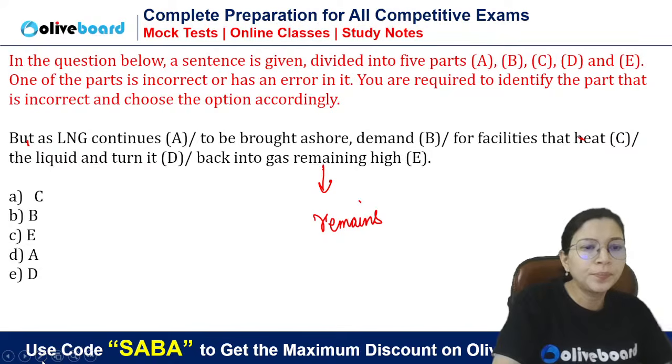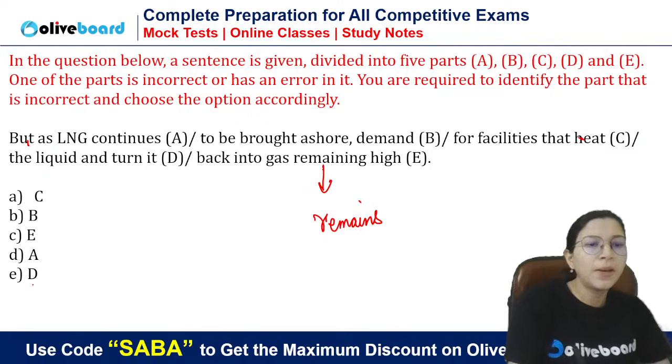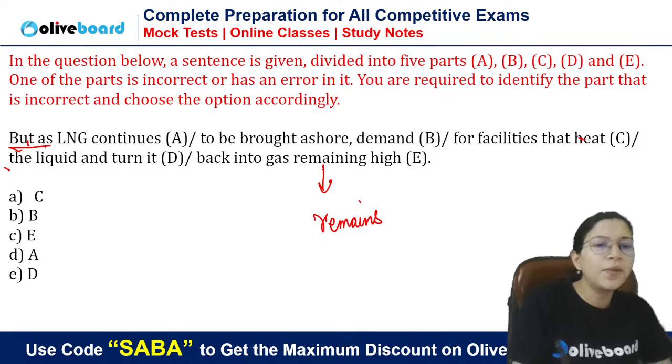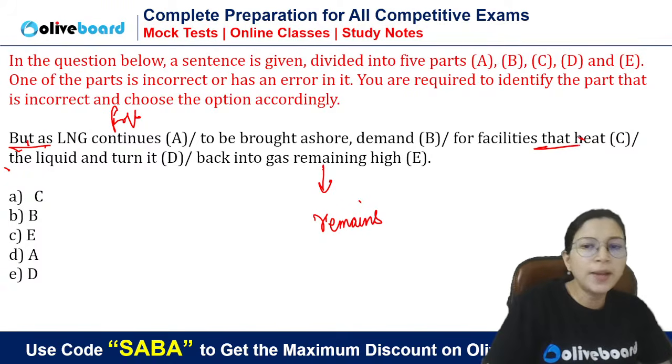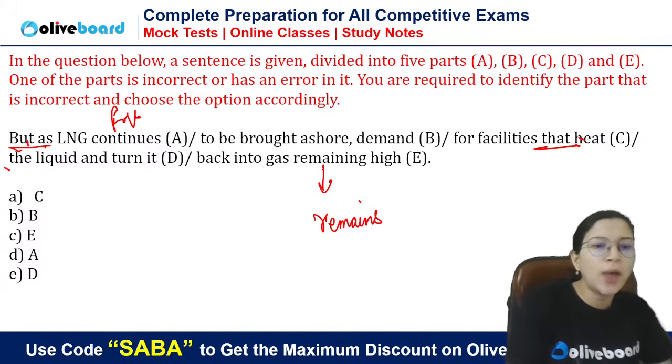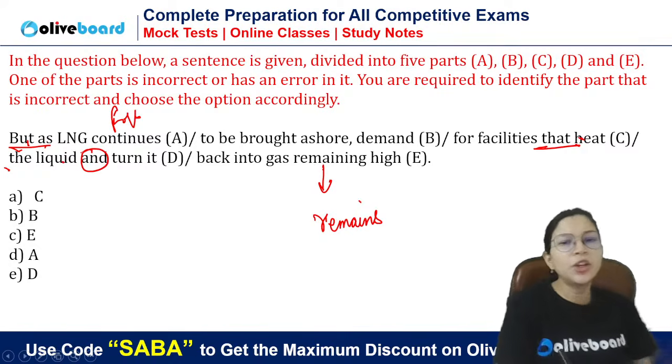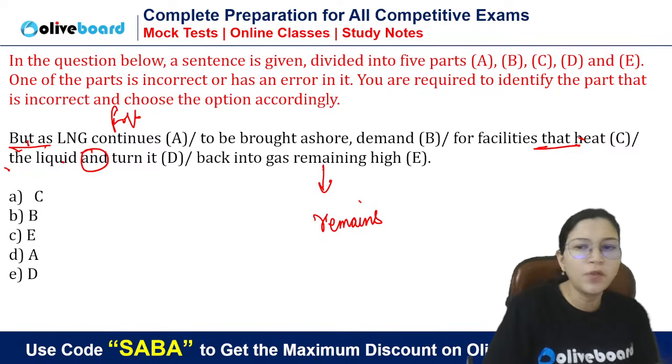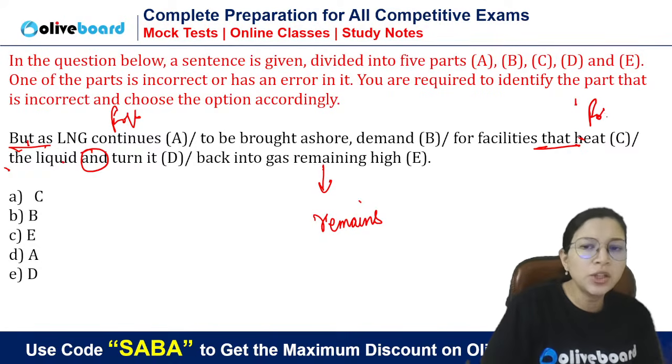But is a conjunction. But, as together we have used one conjunction, so we need one finite verb here. Then, that is a conjunction. Two conjunctions we have. Now, and is also connecting this. Three conjunctions. How many finite verbs do we need? We need four finite verbs. Right? Three conjunctions, four finite verbs.